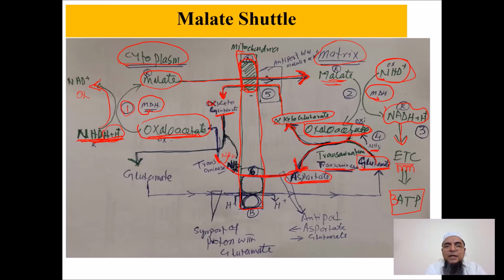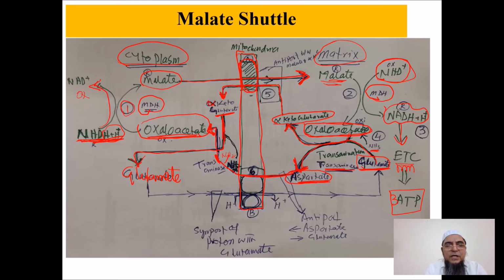This amino group will be accepted by this alpha ketoglutarate, and it will convert into the amino acid glutamic acid, or glutamate. So when this aspartic acid releases its amino group and this alpha ketoglutarate accepts it and is converted into glutamate, what will happen to the remainder of the aspartate? The remainder of aspartate is now oxaloacetate. So regeneration of the